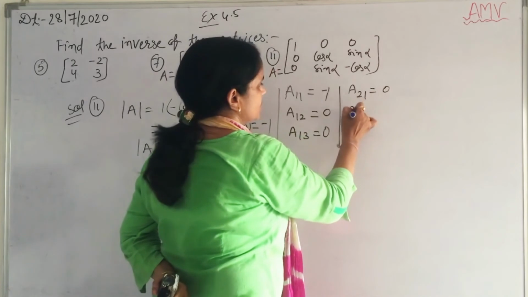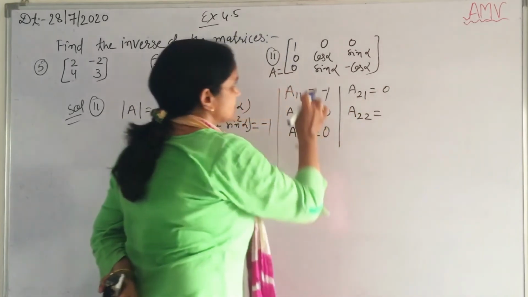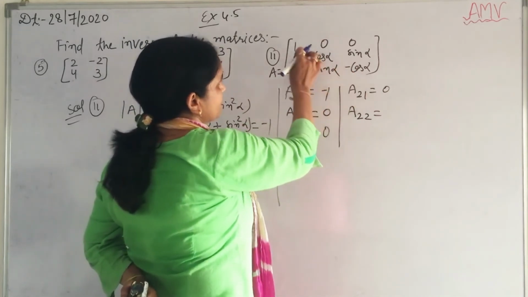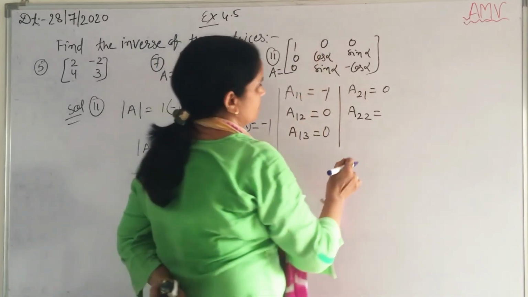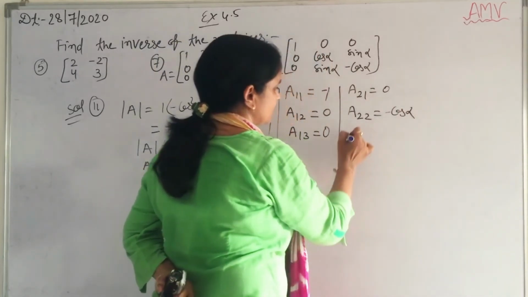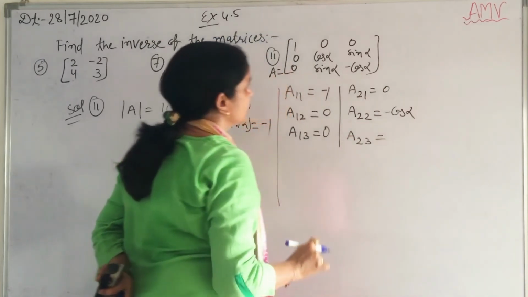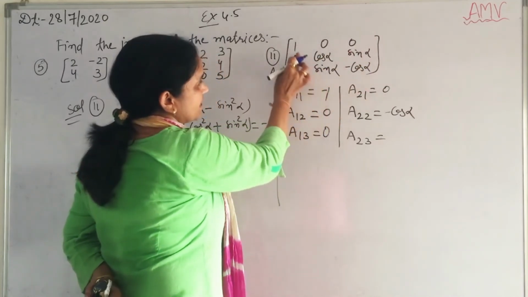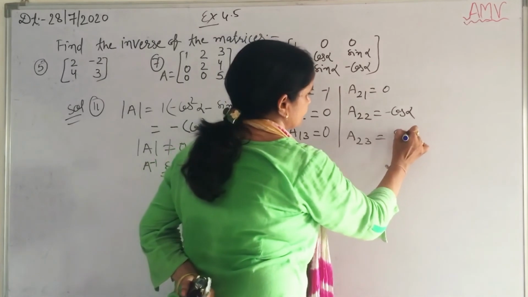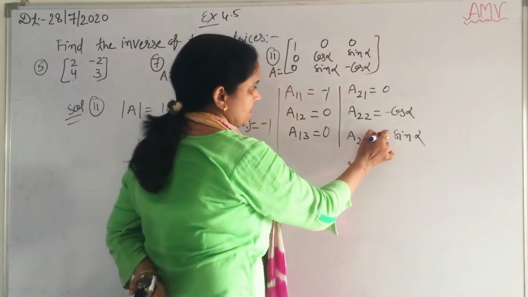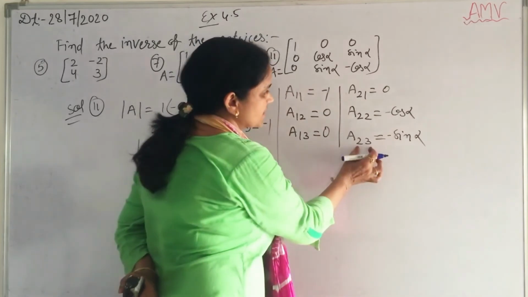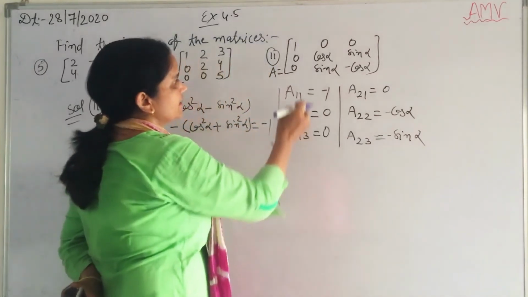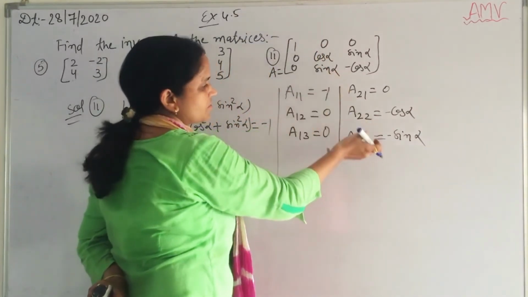It's also 0. A22, second row, second column will cancel and we have to multiply cos alpha with minus cos alpha with 1. So it is cos alpha. A23. Okay. For this second row, third column is cancel. 1 will multiply with sin alpha. Sin alpha. But see, here sin would be negative. Since 2 plus 3, it's a 5 odd number and sign will be negative. Or by other method, you can see that it's not a diagonal element. Okay, so it would be negative.